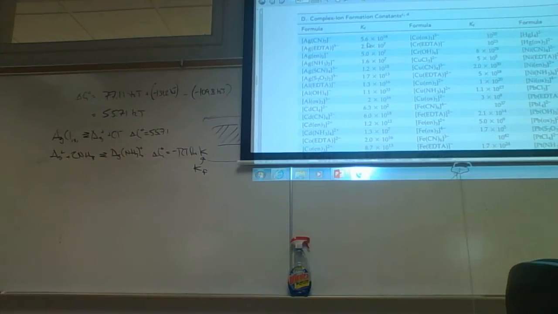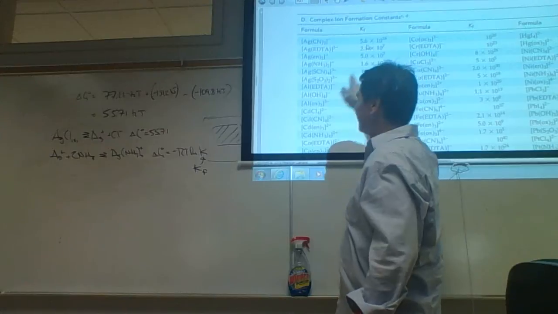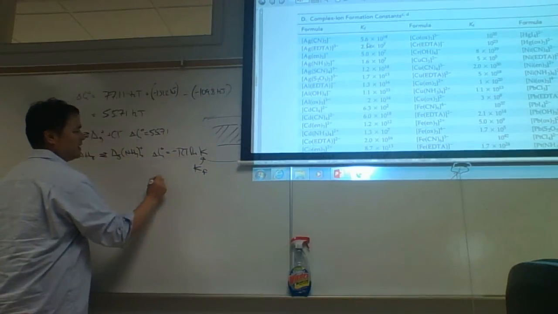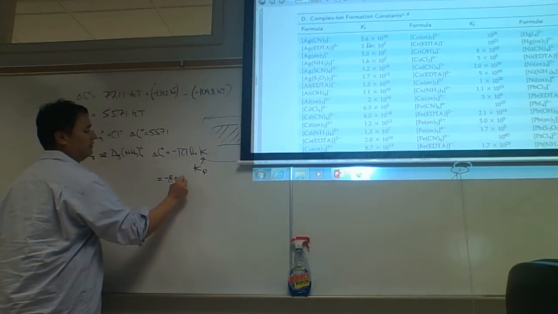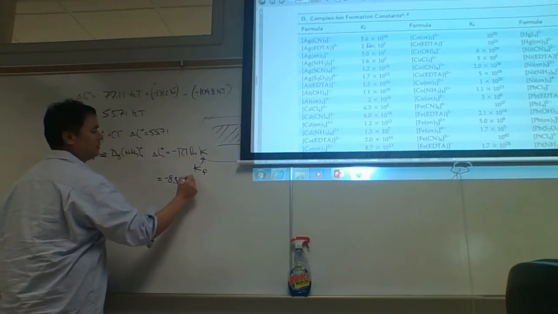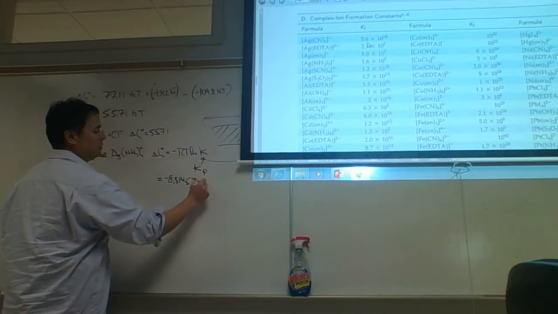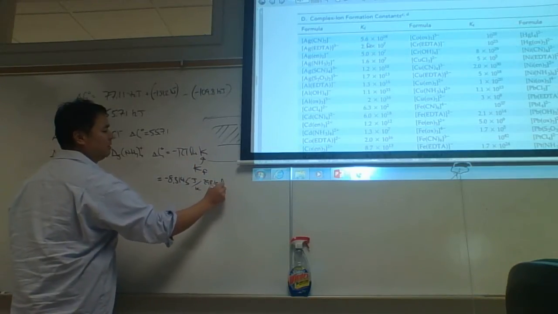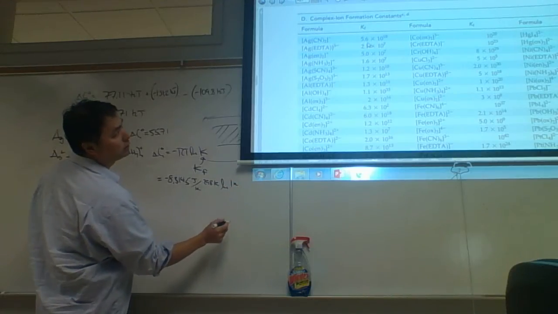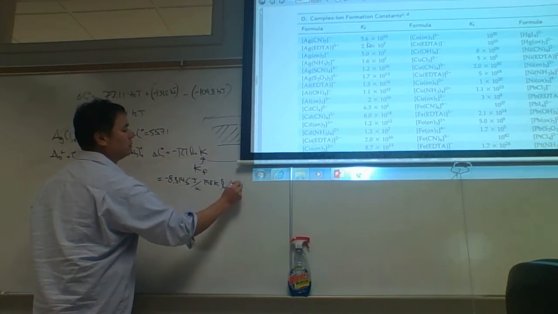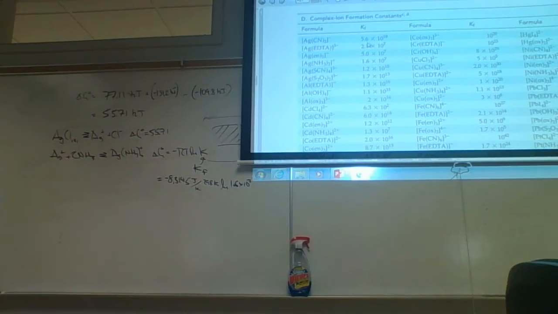1.6 times 10 to the 7. So this is going to be minus R, minus 8.3145 joules per Kelvin, T is 298 Kelvin, times ln of 1.6 times 10 to the 7. Let's calculate that quick. 1.6 times 10 to the 7, take the natural log of that, times 298, times 8.3145,